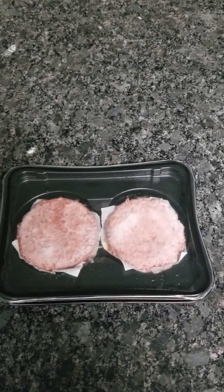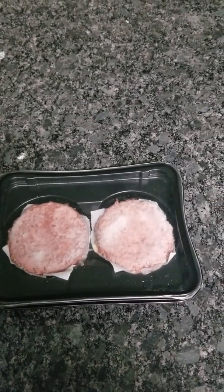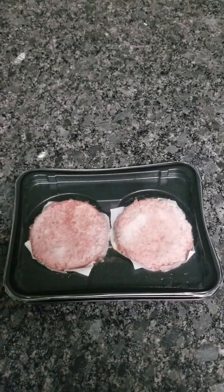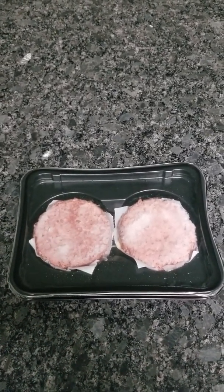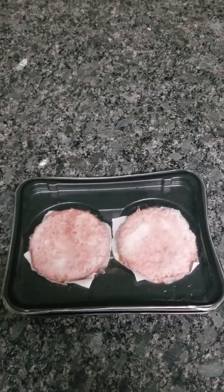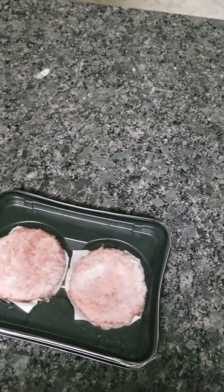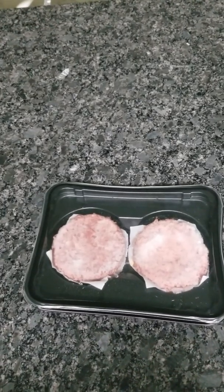However, if you look at the back of the package, it does have quite a bit of fat on it, about 20 grams of fat per patty. And if you're trying to do something a little leaner, more whole foods as well, there is a lot of isolate proteins in there, a lot of refined coconut oil and canola oil, sunflower oil. So if you want something a little less inflammatory, a little more whole foods, low fat, no oil added,